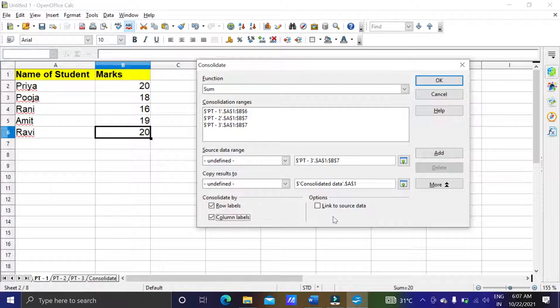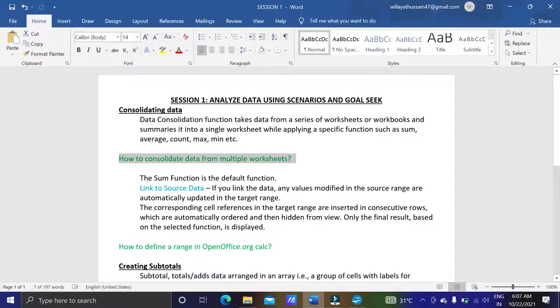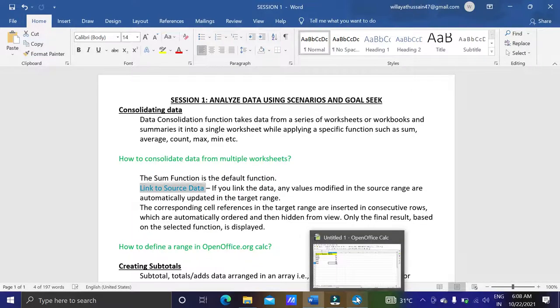Now one more topic comes, that is link to source data. Suppose I consolidated these sheets, and after that I want to change the data, and I want the changed data to reflect in the consolidated sheet also.